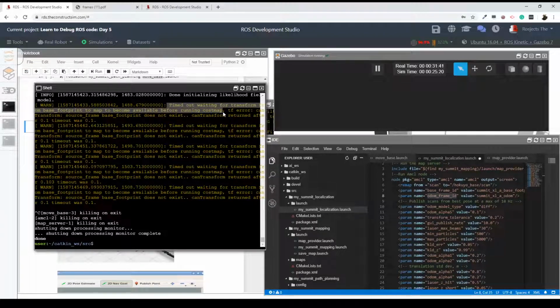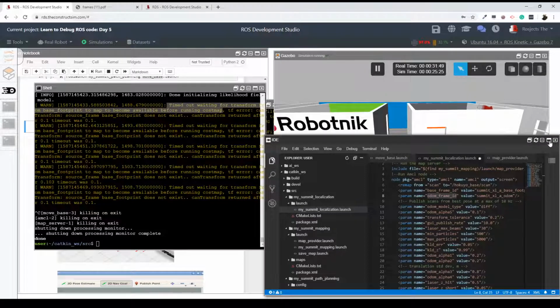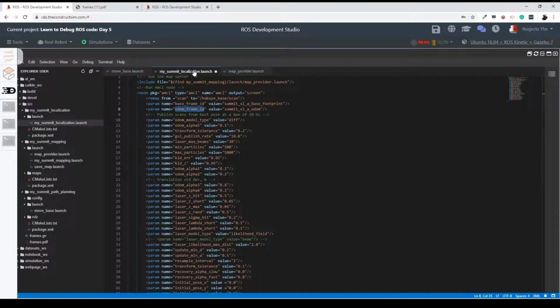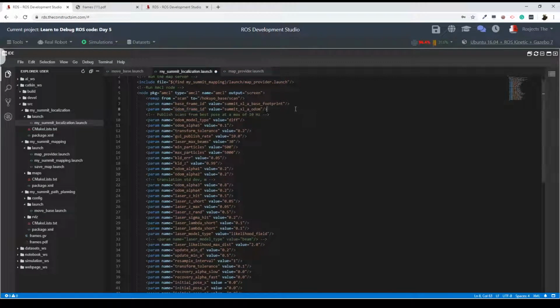What are the costmaps? Well, the costmaps are special maps, let's say, which are generated from either a static map like this one, or from sensor readings from the robot. I'm going to show later what a costmap looks like and what it is for. So